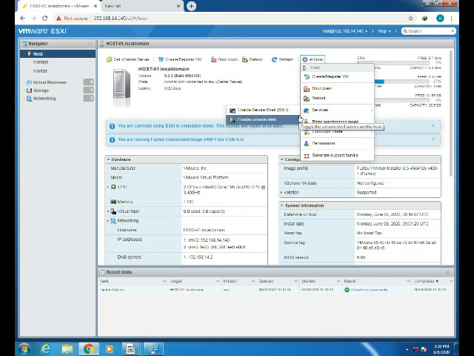This is basically dedicated host server access, so we are just accessing one host, but in vCenter we can access multiple hosts. It's a centralized management application. You can enable SSH from there also, or log into that particular server and enable SSH. So you don't need to go to your data center, connect your KVM, and then browse the ESXi server to enable it. You can just do it from here straight away.